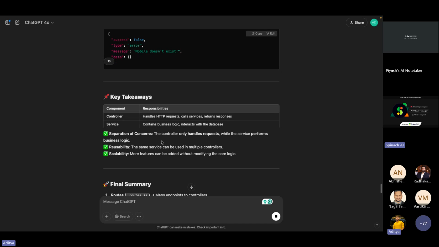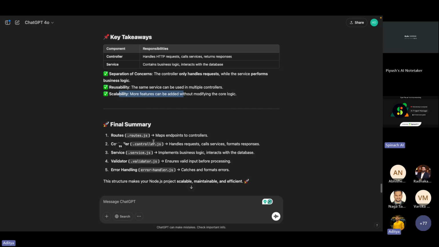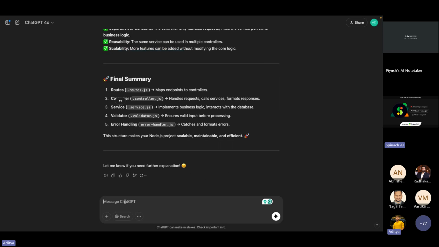तो इसने हमें फाइनल में एक की टेक अवे दे दिया कि क्या क्या सेपरेशन ऑफ कंसर्न रखा गया है, रीयूज़बिलिटी है, स्केलेबिलिटी है हमारी फाइल की, और ये चीज़ें कैसे हैंडल हो रही हैं।